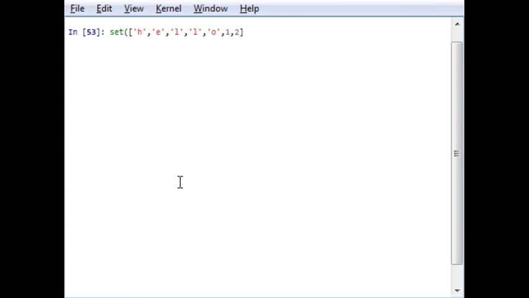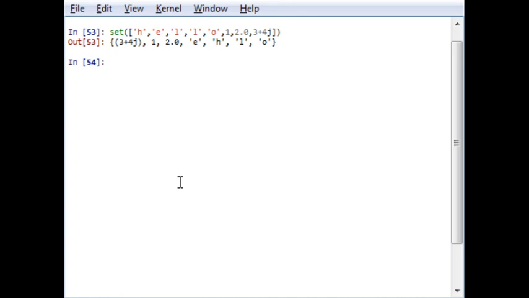One floating point number, a complex number, and let me close the set here. Sorry, the set function here, and let's see what the output is. Now it will give me an output that is not in the sequence I defined. The first one is the complex number, the second one is 1, the integer, then the floating point number, and then comes E H L O. So it is not giving me a proper sequence. The sequence of occurrence has been changed.